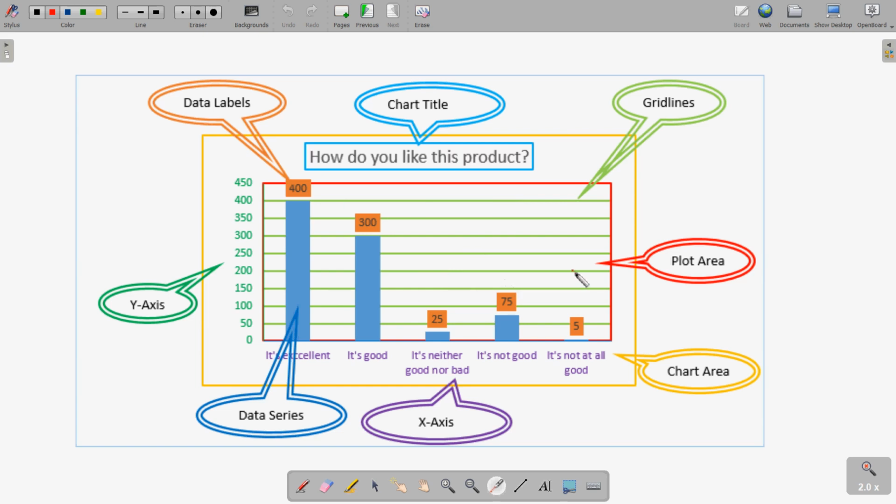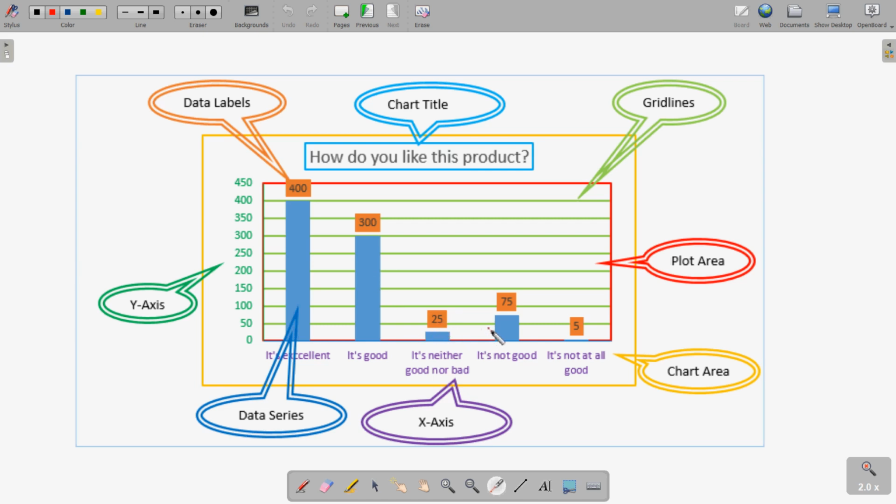Then the chart area, the outer boundary enclosing the whole chart. Then the x-axis, which we have just seen, the horizontal axis.